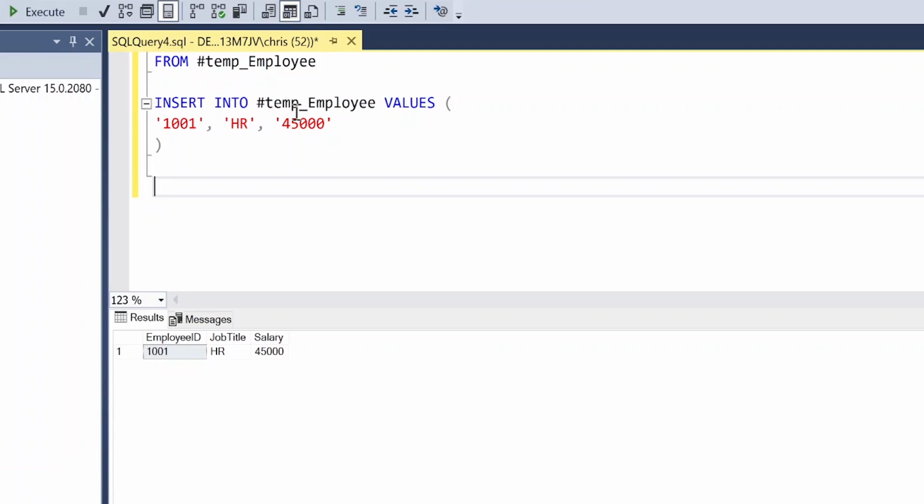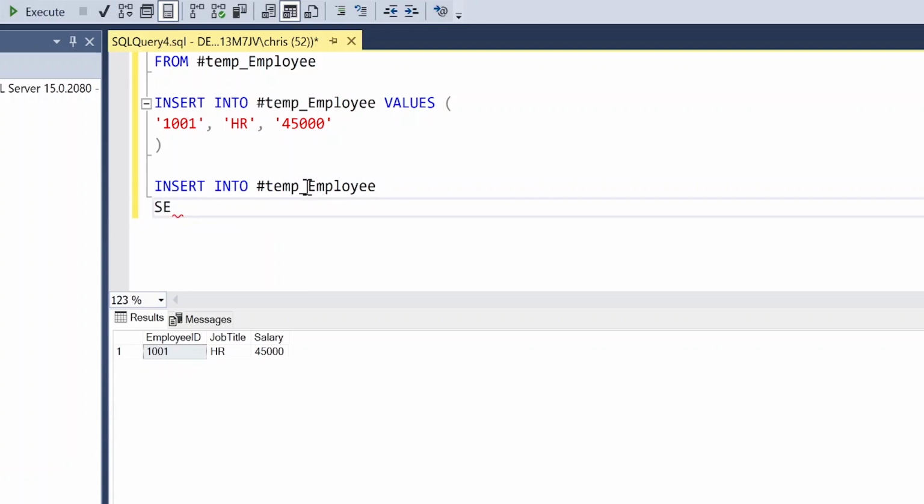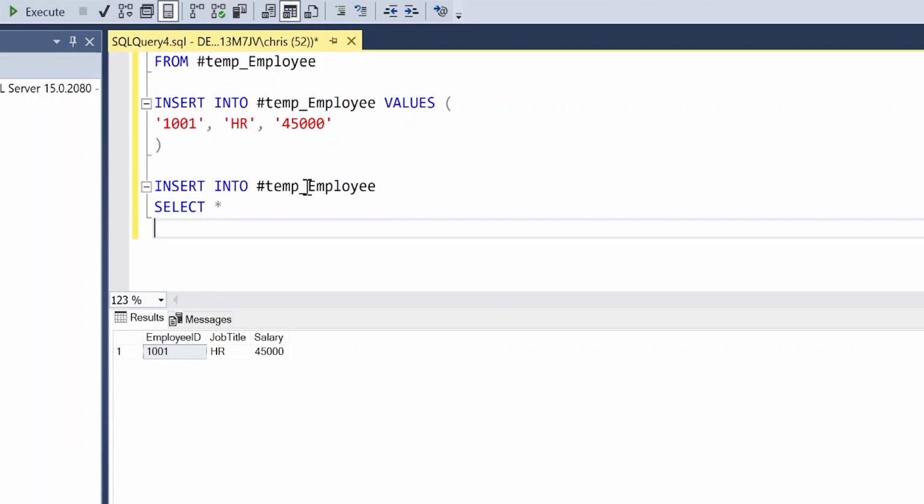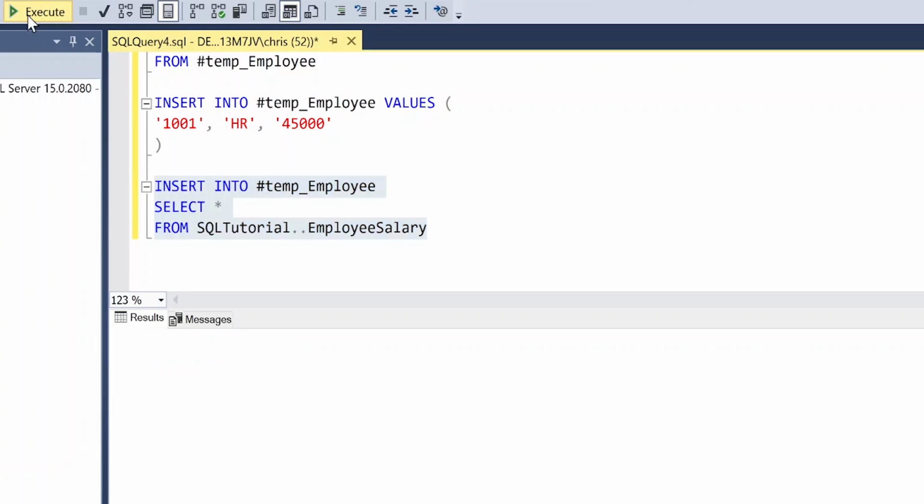But let's really quickly, we want more data in there. You don't have to just do it value by value. We can also just do where we select all of the data from a specific table and insert that into a temp table. And that is really quickly how I do it most of the time. Most of the time, I'm not inserting values. I am taking a large table and taking a subset of that and then sticking it into a temp table. So let's look at this really quick